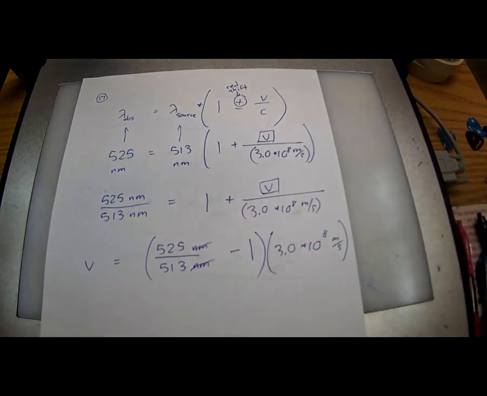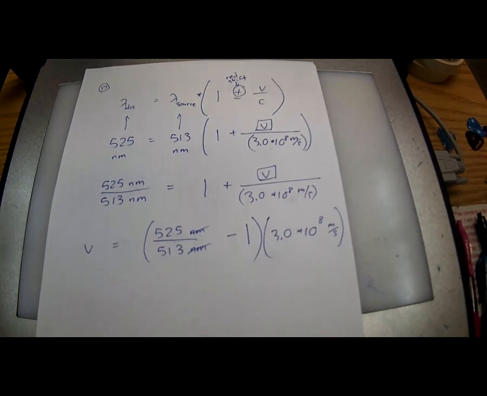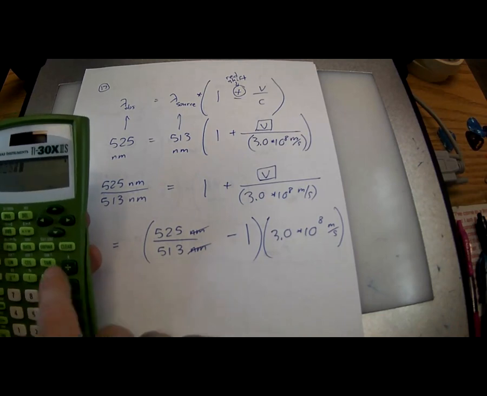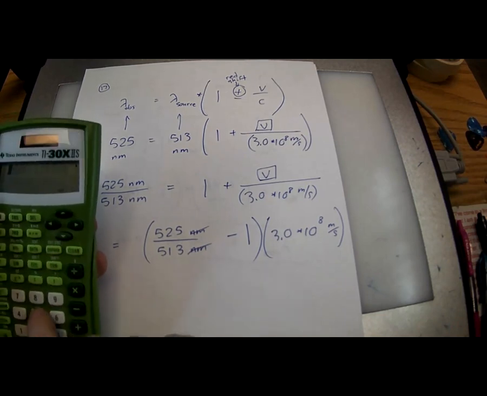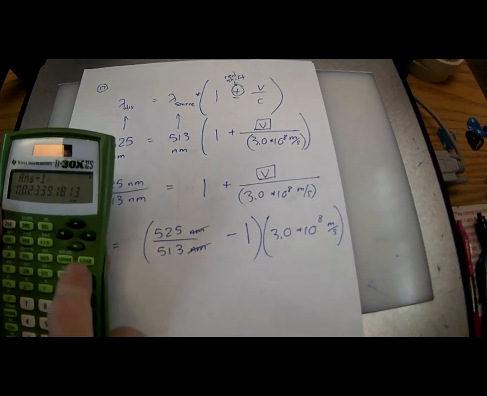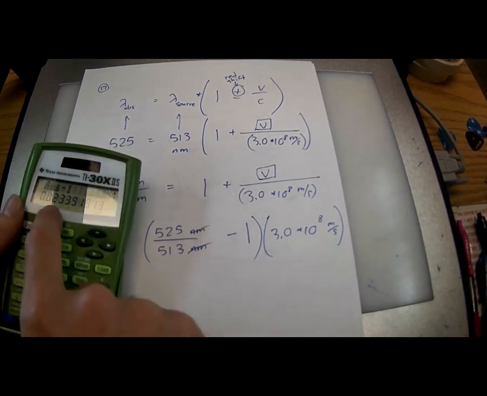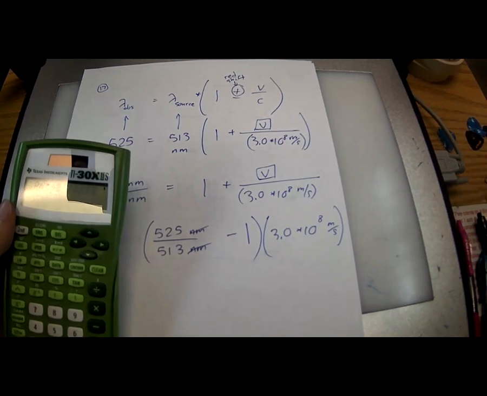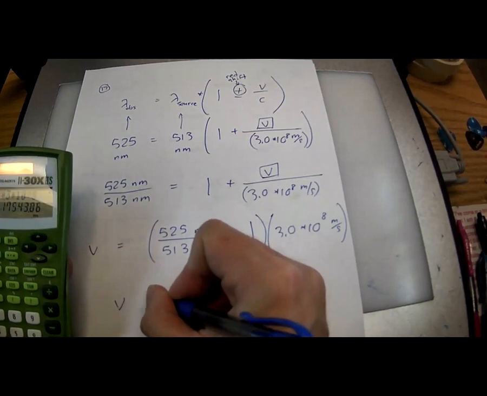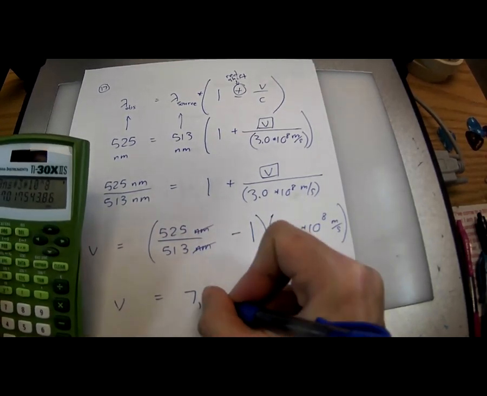A tiny decimal times the speed of light seems like it would make sense, some small fraction of the speed of light. What is 525 over 513? So 1.02, subtract 1, gives you 0.02, 2% of the speed of light, multiply by 3 times 10 to the 8. I'm looking at v equals 7 million